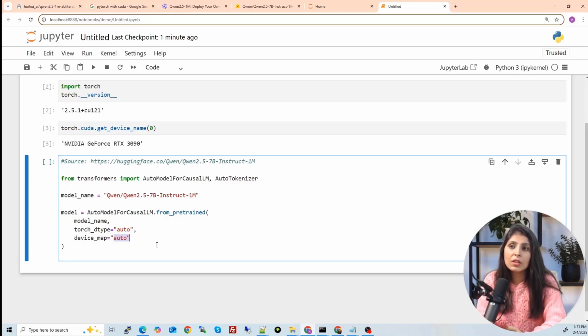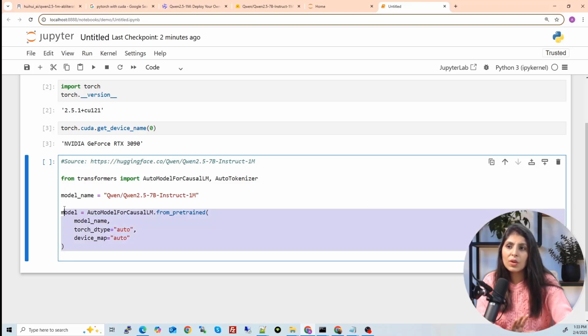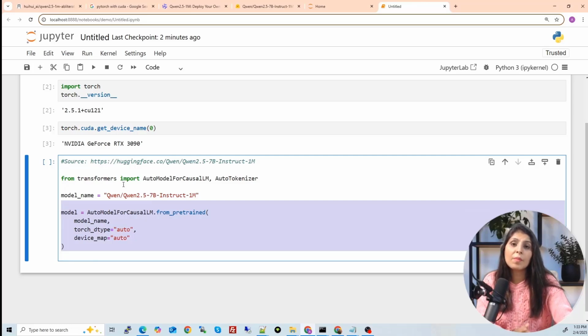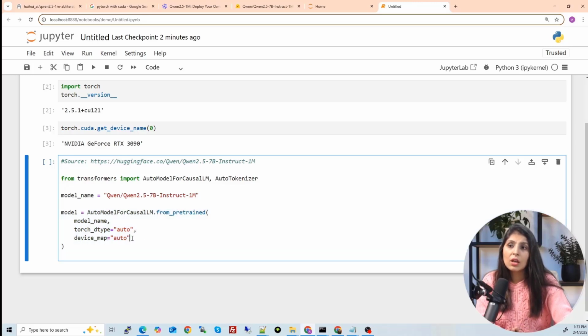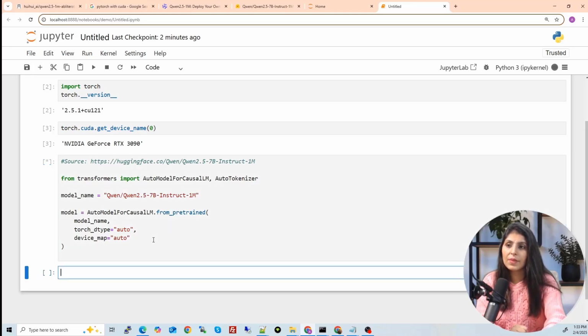So guys, you can run this Qwen 2.5 model on CPU also, but the speed will be slow. There is no need for any extra step. You will write this code, and if your transformers module is compiled with CUDA, meaning it is using CUDA, then the GPU will be used, otherwise it will automatically pick the CPU for the process. And run now.